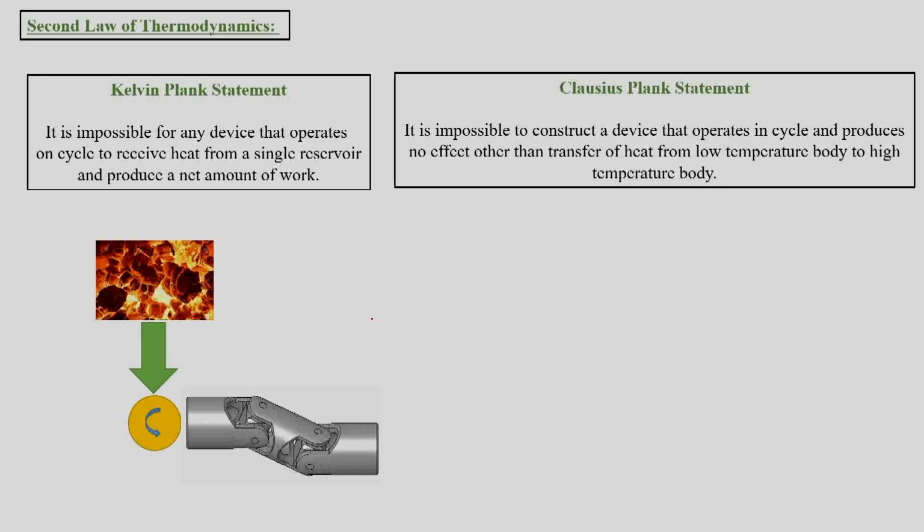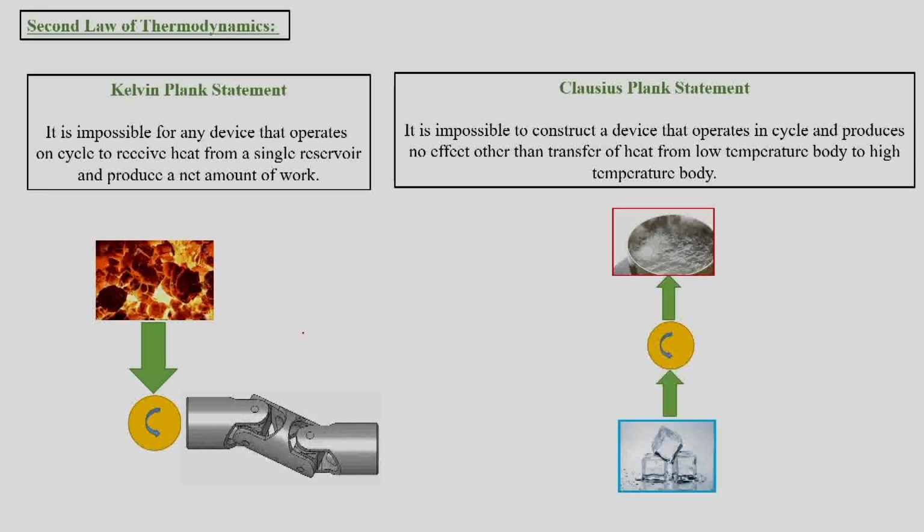Parallelly, there is the Clausius statement of the second law of thermodynamics. It states that it is impossible to construct a device that operates in a cycle and produces no effect other than heat transfer from low temperature to high temperature. So, as shown in this figure, we have ice at one end and we have boiling water at the other end,